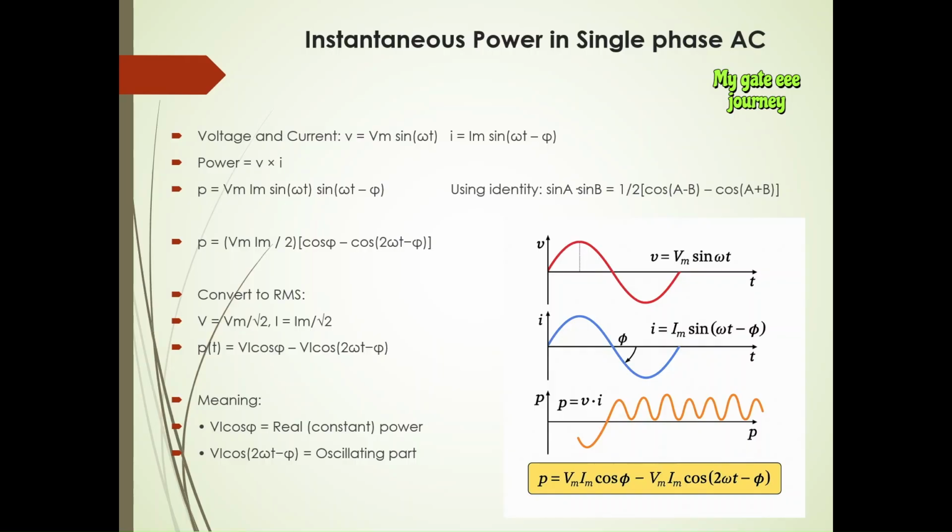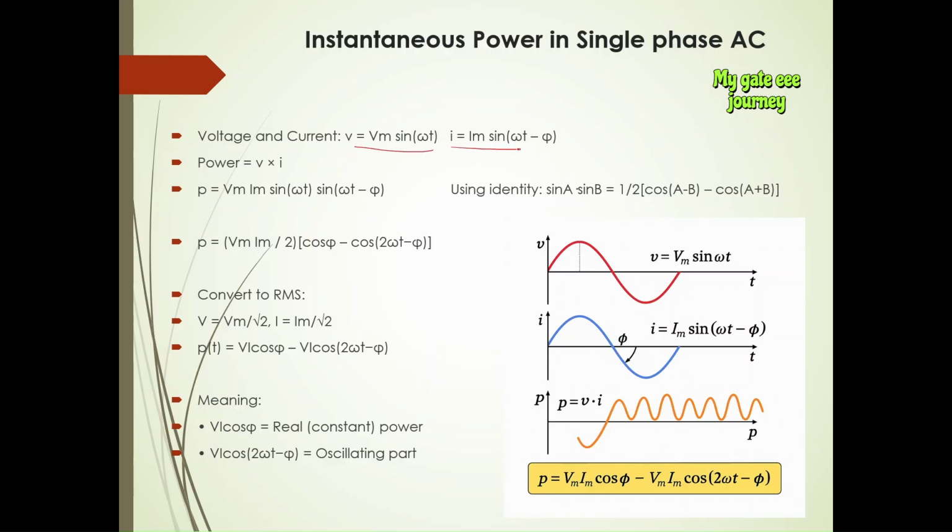In today's video, we are going to understand one of the most important concepts in AC power systems, that is instantaneous power in single phase AC system and three phase AC system, and we will see some of the interview questions. First, for analyzing single phase AC system, let us consider V is equal to Vm sin omega t and